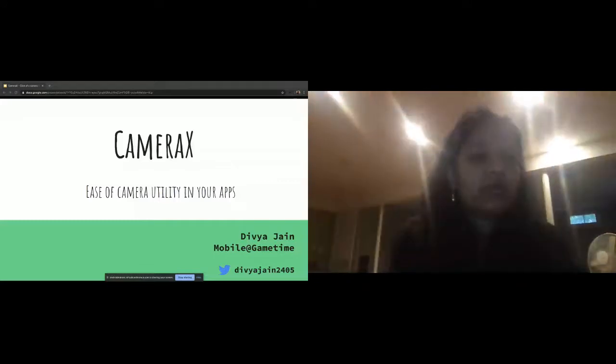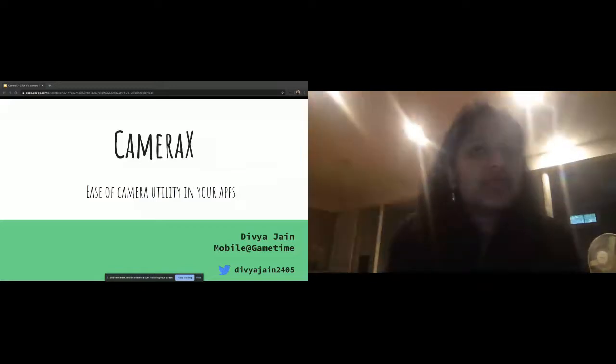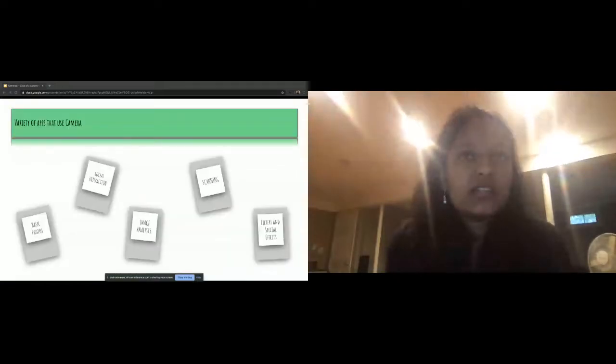So today what I'm going to be talking about is Camera X, which is just an ease of camera utility in your apps. In today's world, there are a wide variety of apps that need camera support for different sorts of functionalities.